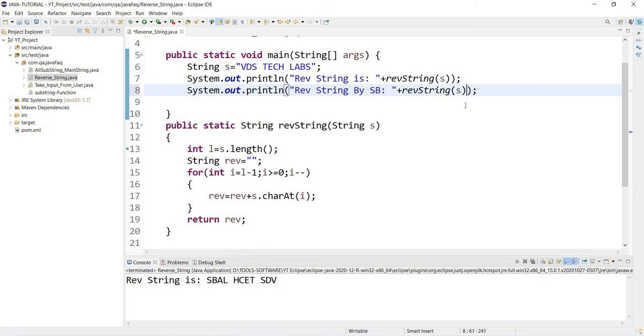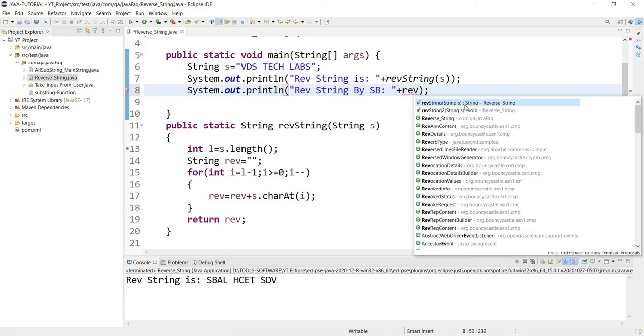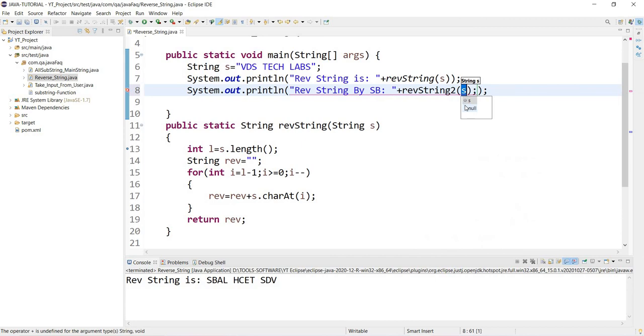And what I'll do, see, string 2 I'll take here, and instead of taking VDS TechLab I'll take Praveen. Okay, so no need to take Praveen as well, I'll take yes. Okay, and I'll remove everything from here.